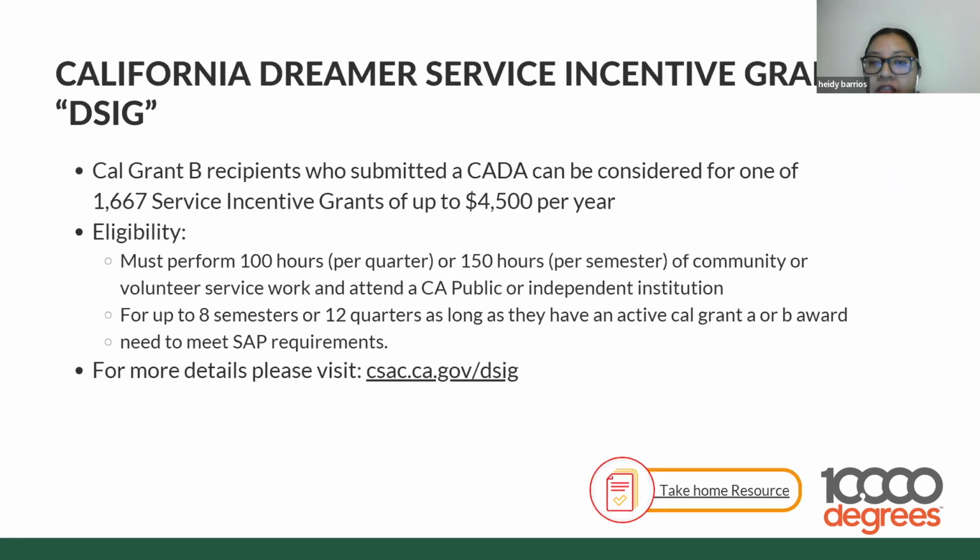And then the California Dream Act Service Incentive Grant is available for Cal Grant B recipients who submit their California Dream Act application and can be considered for one of 1,667 service incentive grants, up to $4,500 per year. The eligibility is that they must perform 100 hours per quarter or 100 hours per semester of community or volunteer service work or attend a California public or independent institution,